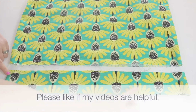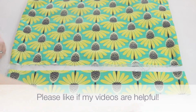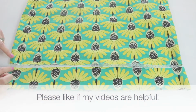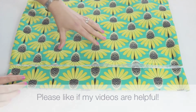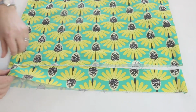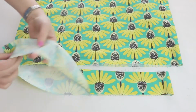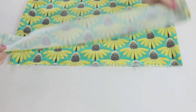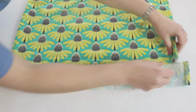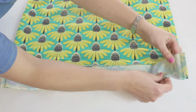So first of all, you sew the two side seams of the facing together, and then it's actually the narrowest points of the skirt and the facing which you are matching up and sewing first of all. So in effect, this is going to be turned inside out and put onto the skirt, matching the edges